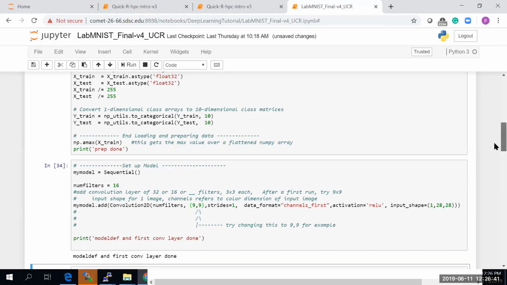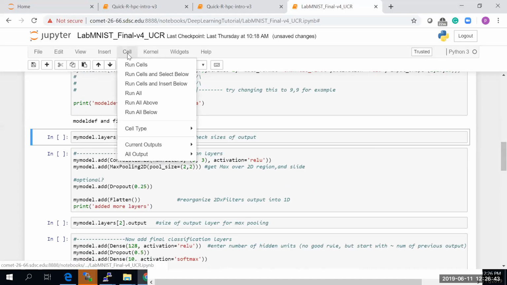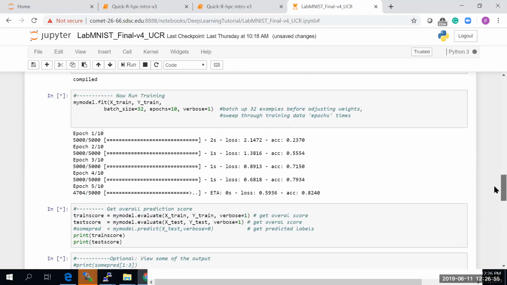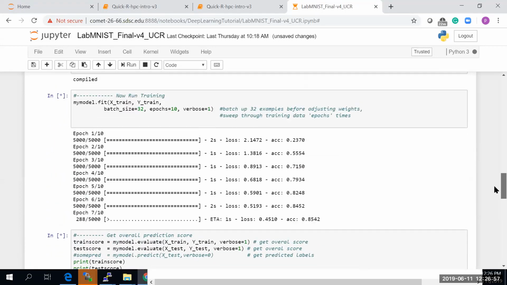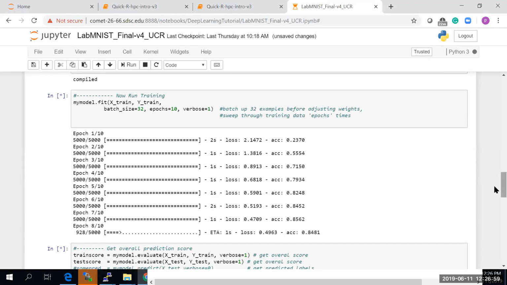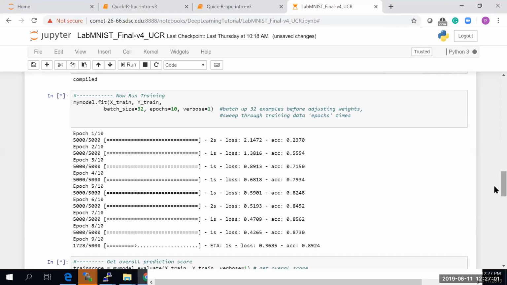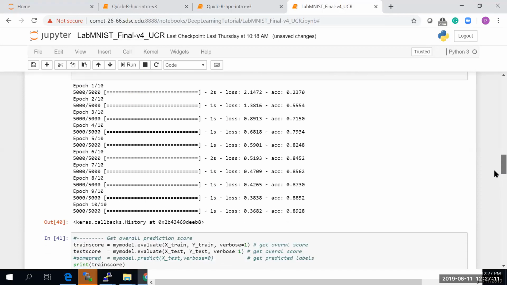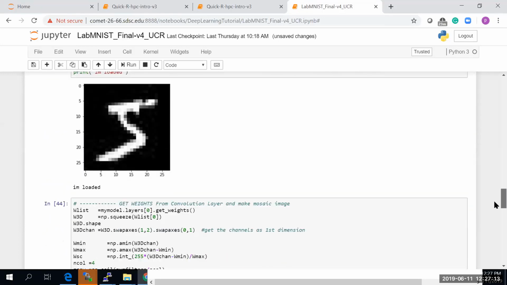And now I'm going to run everything below. So I'm recreating the network with now 9 by 9 filters. And let's see, so it's training. Okay, so there's the